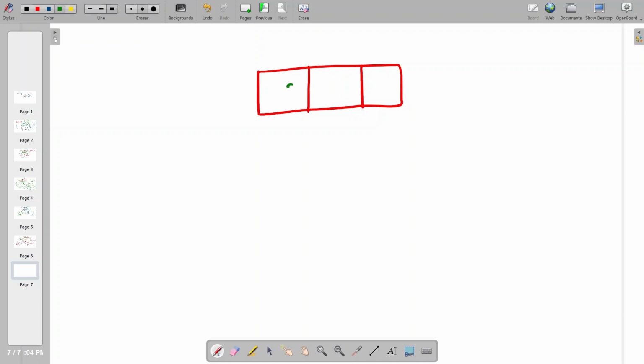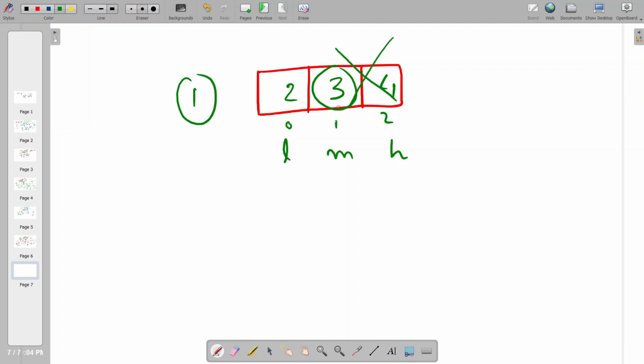Let us take a situation like that. Suppose we have 2, 3 and 4 and we want to search for 1. This is our target. So in that case low starts from 0 index and high is 2, mid is 1. Current element, is it greater than the target? Yes, it is greater than the target, right? So if it is greater than the target, then delete the right hand side. The answer cannot be on the right hand side. It has to be somewhere on the left hand side.